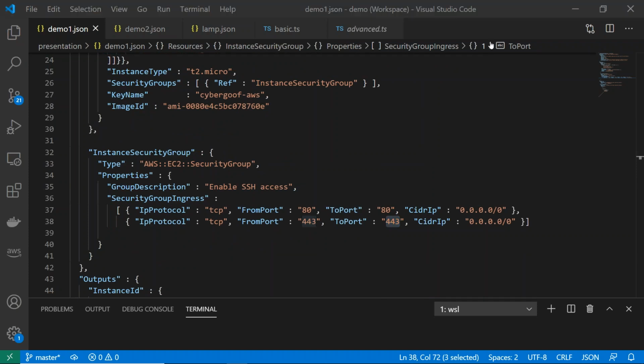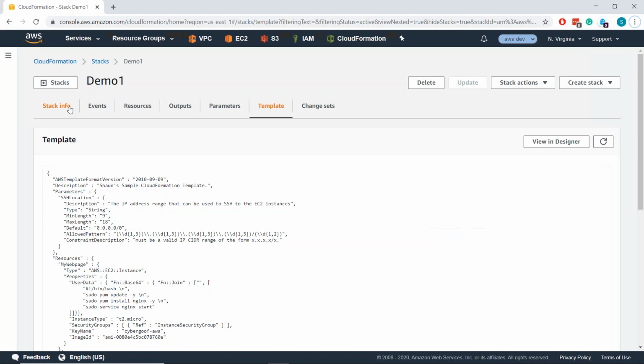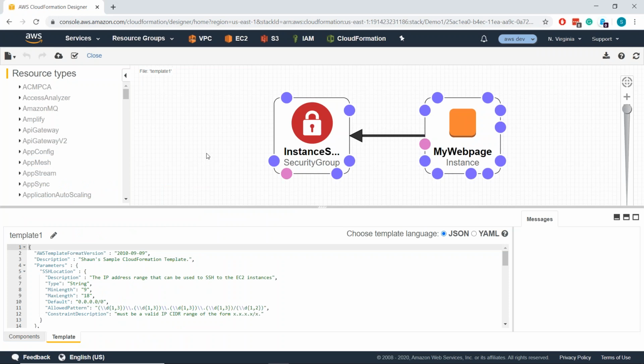Go back to our CloudFormation. So this is our code, which I was describing. I'll look at it in Designer. CloudFormation has this thing called the Designer, which allows you to visualize your JSON. I will tell you, I have never found anybody that uses this in production. Once you have a really good CloudFormation template, you've got hundreds of things.